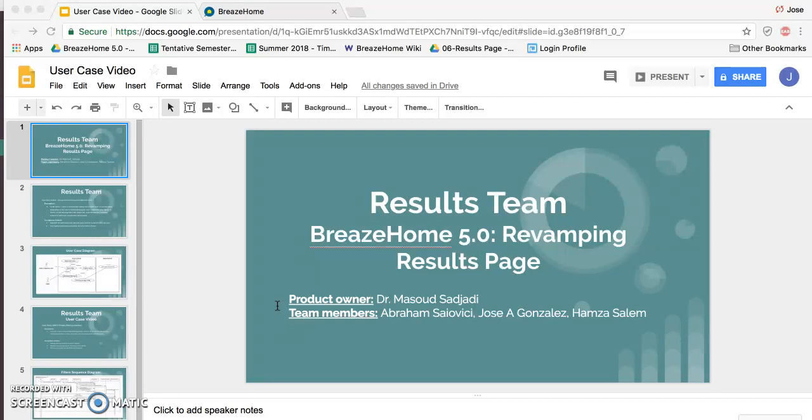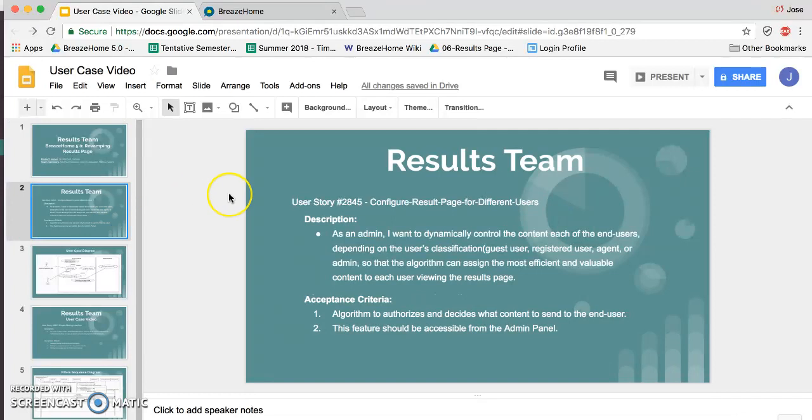The different actors in the result page are a guest user, a register user, agents, and administrators. To see the difference in the content these different end users see in the results page, we'll go to the first user story 2845, where the problem was that all the users were seeing a very crowded